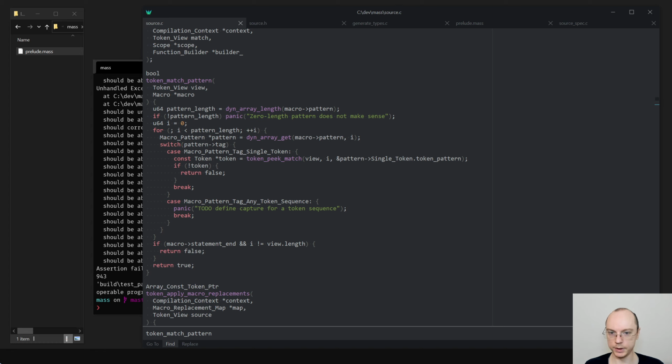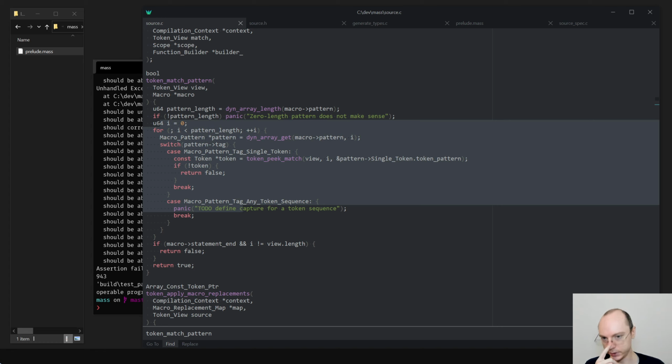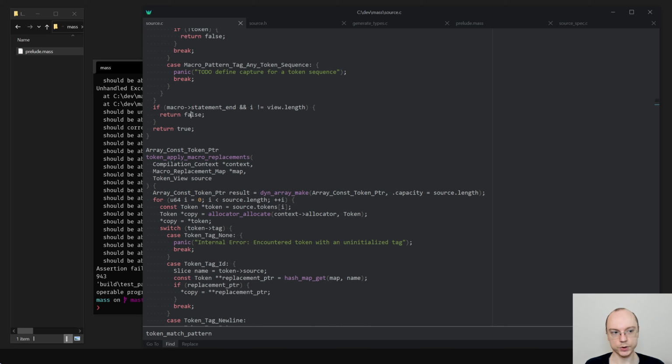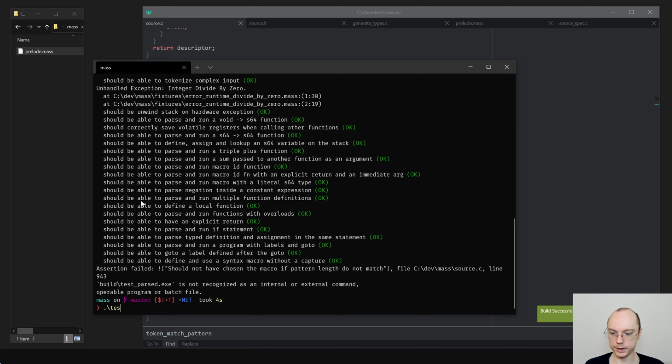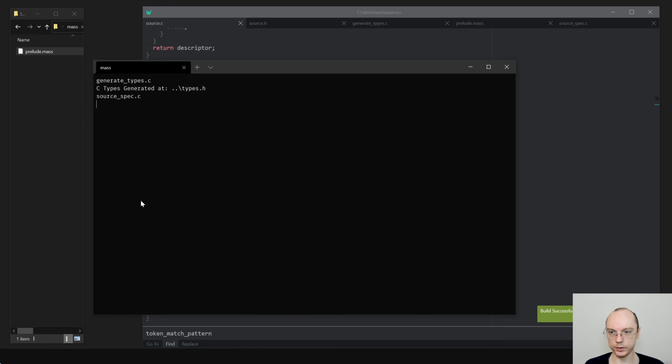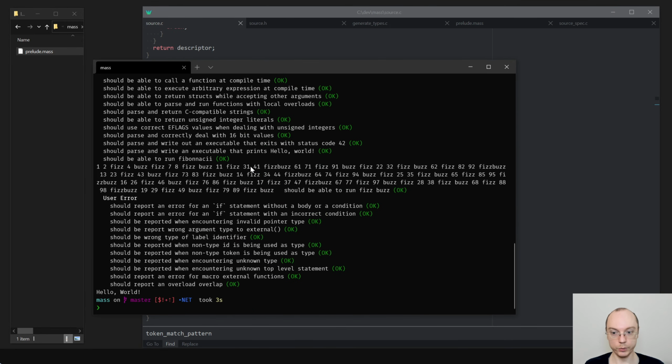So the idea here is that we go through this slice that we're trying to match, this view, and if the end of this view we didn't match to the end of the statement, then we have not actually matched. So I'm not sure if this will work, but we can try to run the tests and find out. If it doesn't, we will go and debug. And it actually works, which is great news.